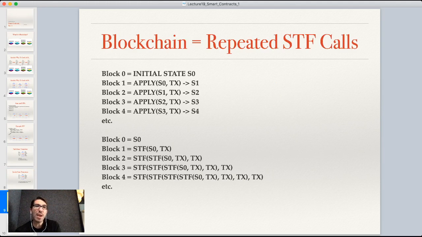So another way of thinking of a blockchain in a really abstract way is just repeated state transition function calls, where each block, that's what it's doing. It's applying the state transition function multiple times. As each block gets added, we start with the genesis state. Then for block 1, we apply any transactions. We can think of the group of transactions as one big state transition operation